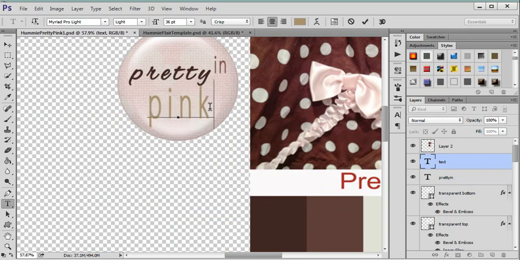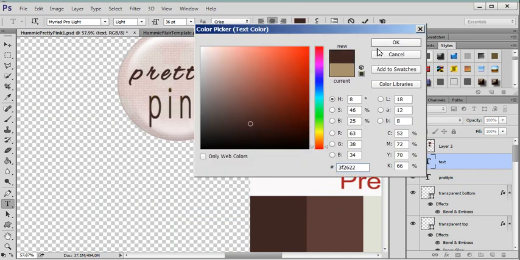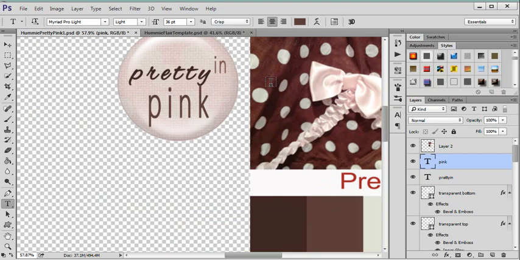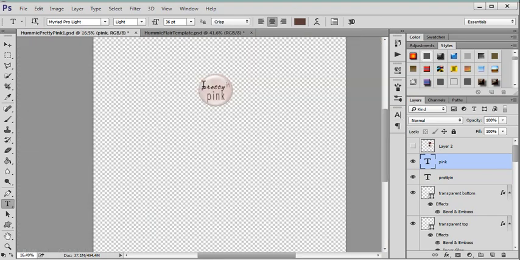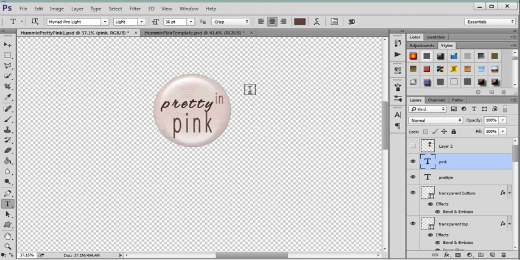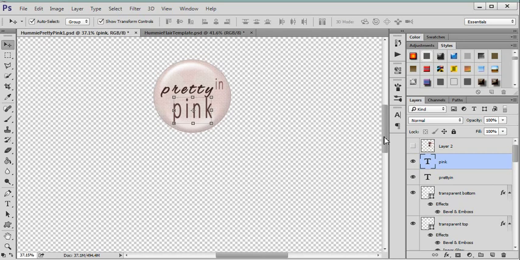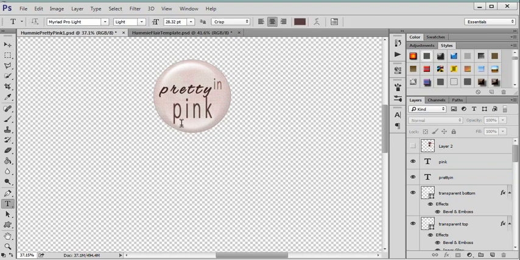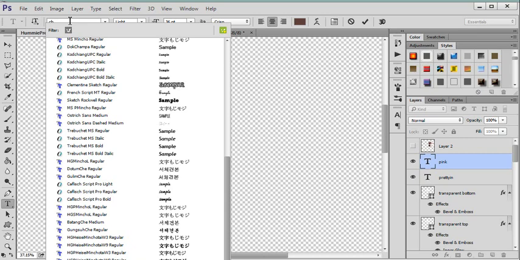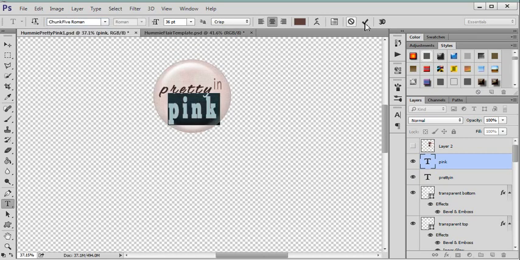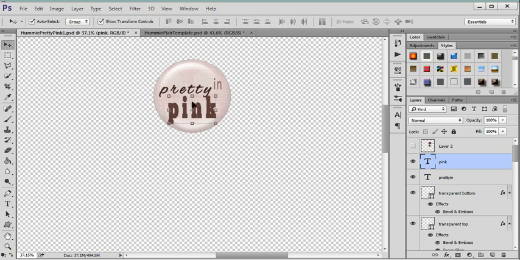Pretty in pink, and I'm going to go get that brown again for now, the lighter brown. So there we have it, and that could be the flare right there. But you can take it further. This needs to be a little more centered because I changed the text. I don't like this font. There, that looks better. And of course I keep rearranging it. That needs to go up to be centered, and now this needs to go up and over. And probably both of them need to go over this way, so you would just keep playing